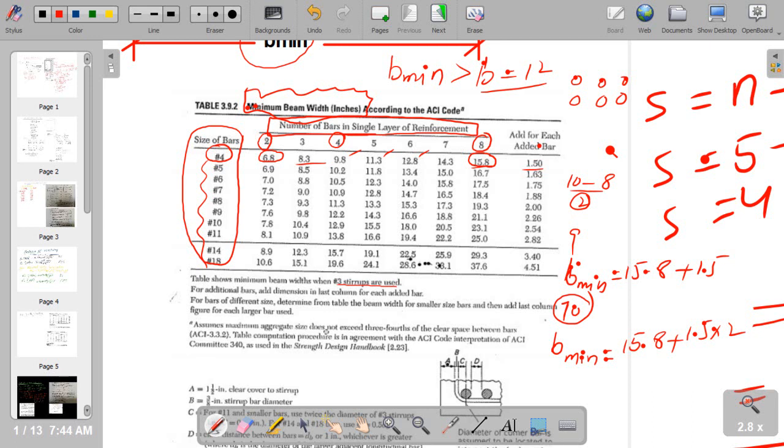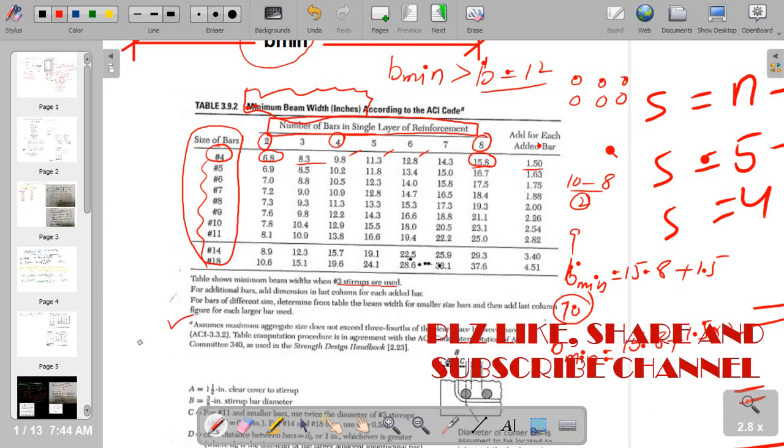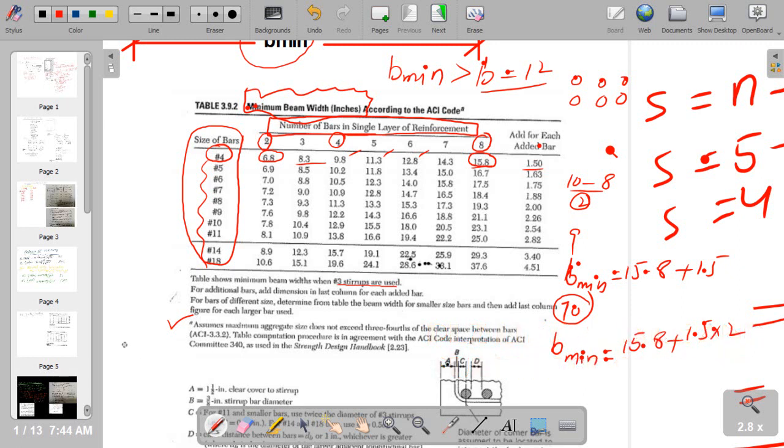Assume the maximum aggregate size does not exceed 3/4 of the clear spacing between bars. This statement is important, and it says that the beam width is fixed, assuming that the aggregate size will not exceed